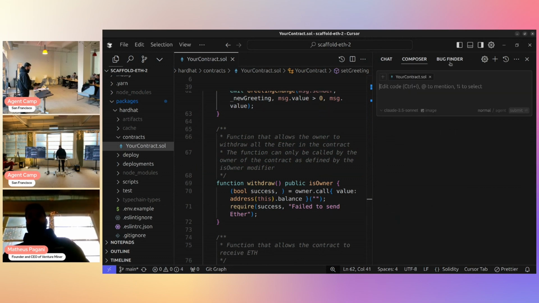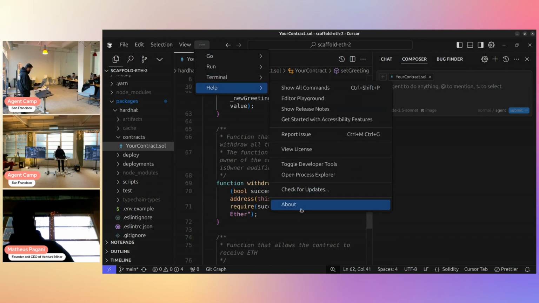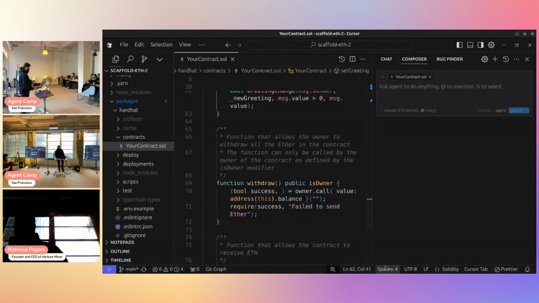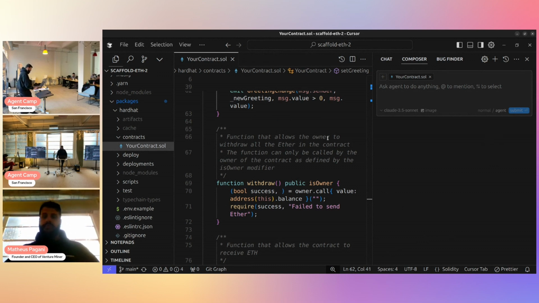But remember, we have the agent too. In the newer versions, it's a small drop down in the right corner. I'm still using version 0.45 here. I couldn't get version 0.46 to work, but if you have the newer version, you're going to see a little drop down in the corner for you to pick the correct mode. The model drop down is here, but you can pick the correct mode, like agent mode, and you can ask anything now, like create another smart contract